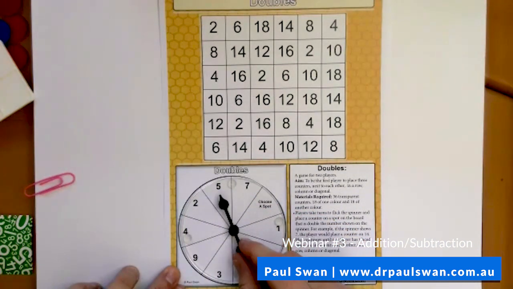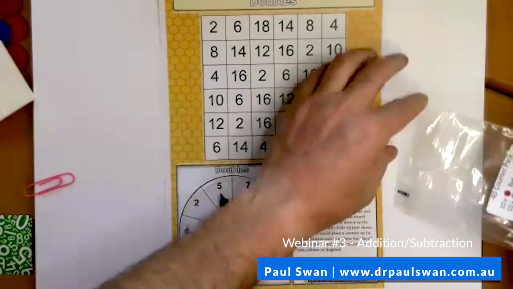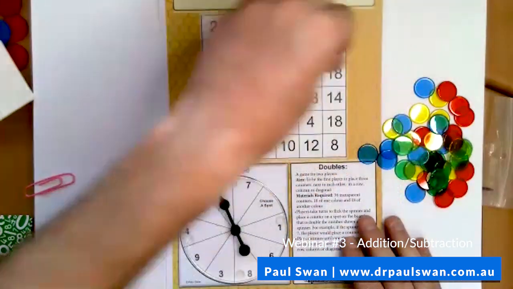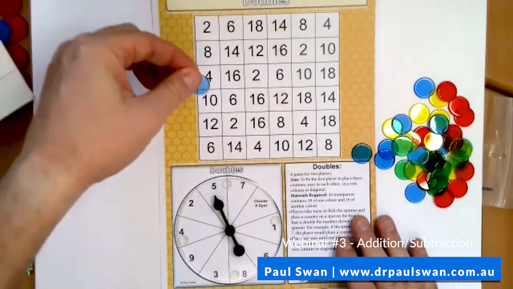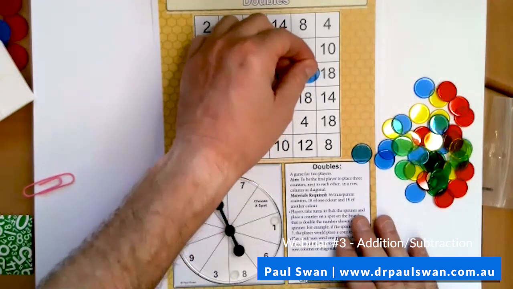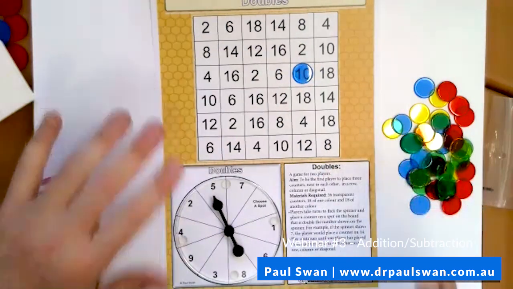Now let me put it, say here, let's imagine I had spun 5, then I have to double that number. And I like to use the see-through counters, the transparent counters here. And when I play, I like to have people of different colors. So someone might be blue. And so if I've got double 5, I could put it on that 10, but I don't have to put it on that 10. I could put it on this one. But the aim of the game is for me to get 3 or 4 of my counters in a row,